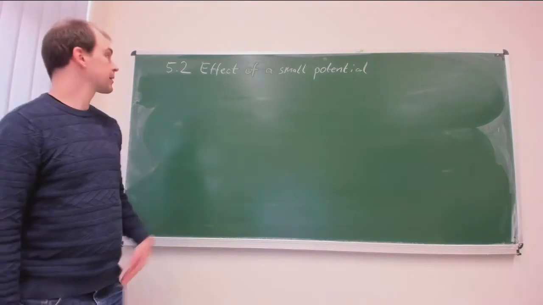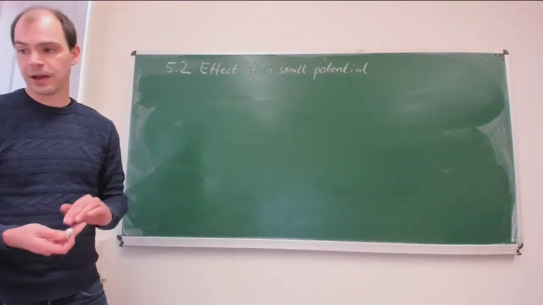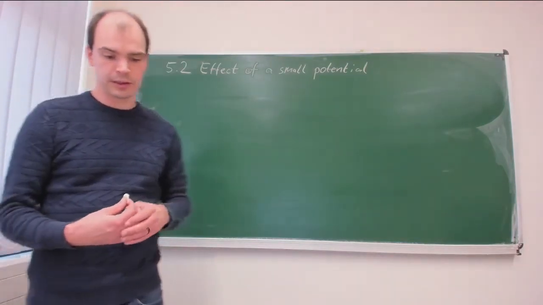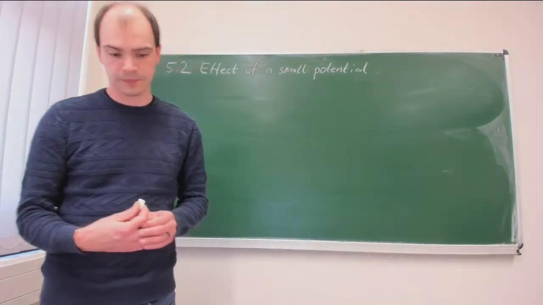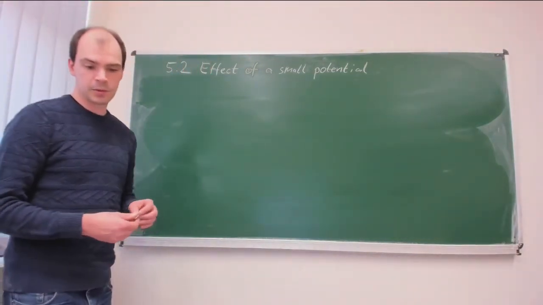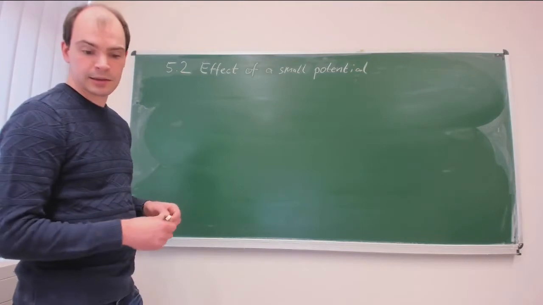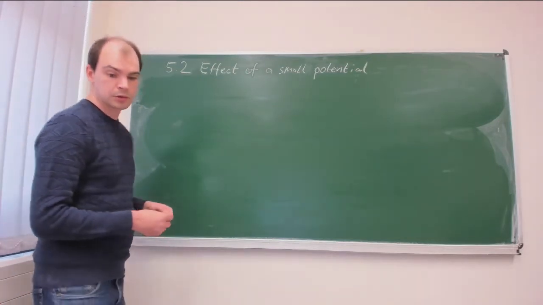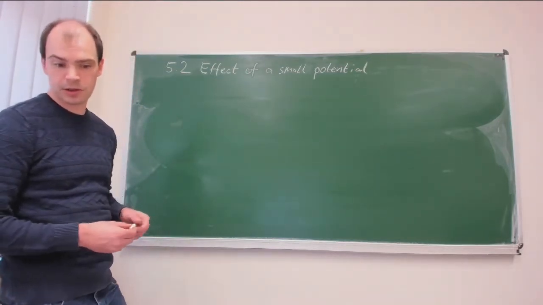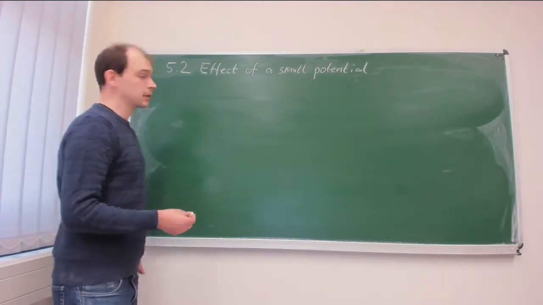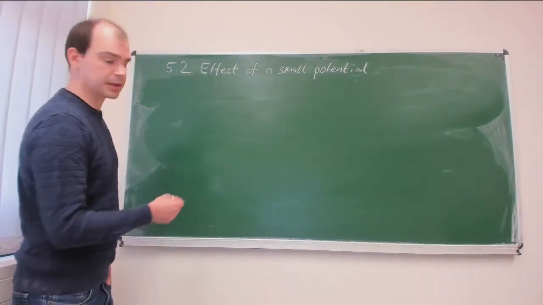Hence, we are asking what is the effect if we have a small potential in our Schrödinger equation. So we start with the assumption that we know the solution of the Schrödinger equation without gravity. We call this solution psi0. So we know